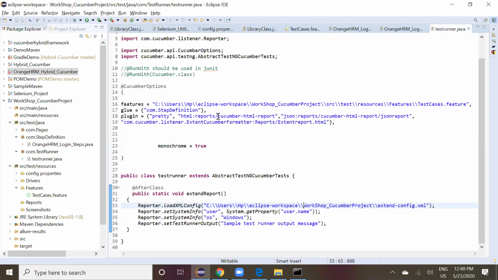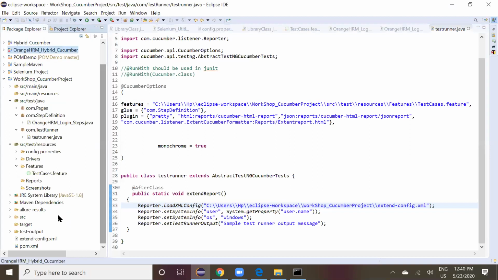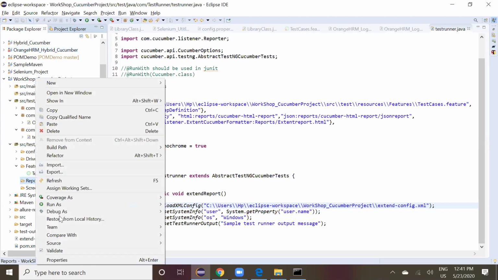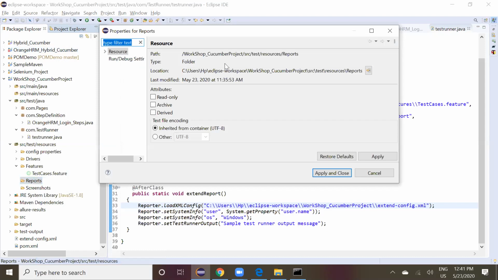And we didn't write the code for screenshot also. Okay, that's fine. Last week we showed, right? Screenshot, I think so. We showed last week. No need to add the screenshot code. We just put the path here in reports. Path, right? Not the full path. Full path. SRC test reports.